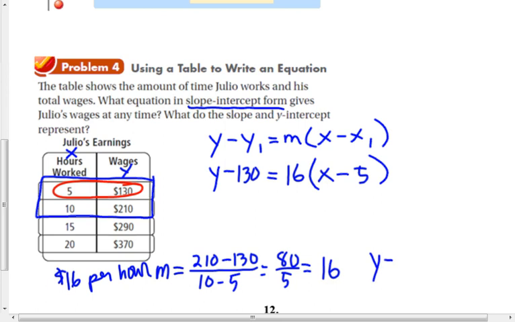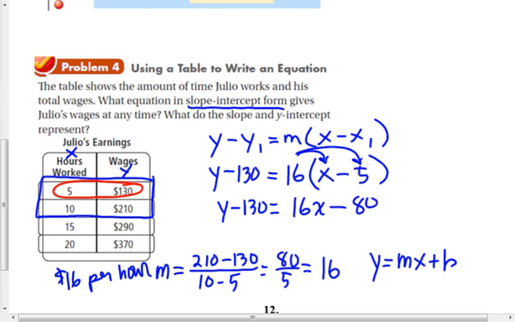And slope-intercept form is just solving it for y. So I just need y equals mx plus b. To do that, all I have to do is simplify this equation. First thing I'm going to do is use the distributive property here and multiply 16 times x and 16 times 5, and that's 80. Okay, then all I'm going to do is add 130 to both sides, and I get y equals 16x plus 50. And now that is in